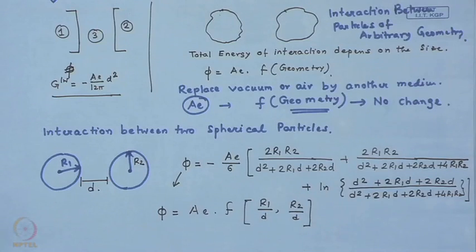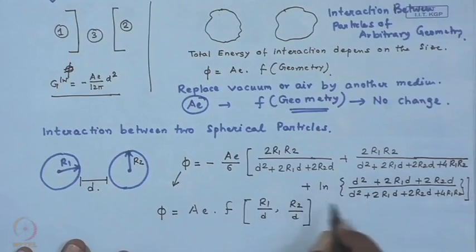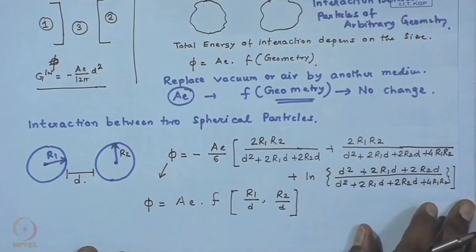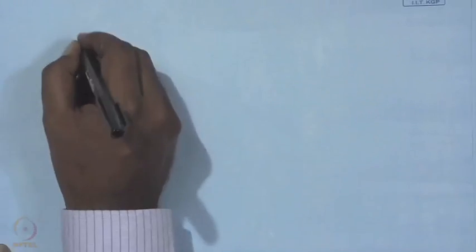So, what is important to note, or interesting to note, is that for spherical particles the van der Waals forces scale up with r1 by d and r2 by d. So, if r increases by 100 times and d also increases by 100 times, the magnitude of van der Waals forces remains roughly the same. So, in a practical setting, let us say in the colloidal domain, what we have